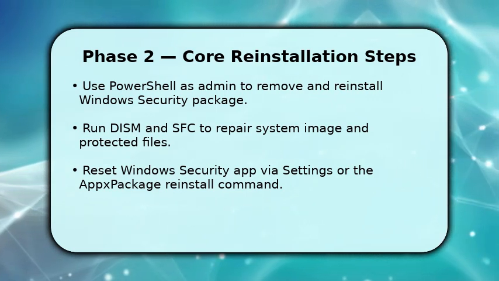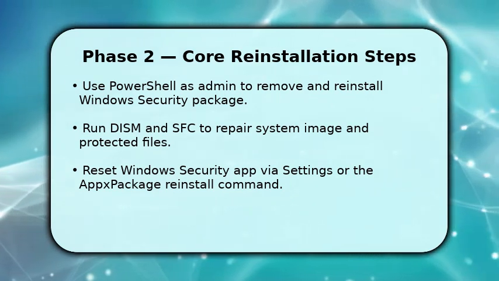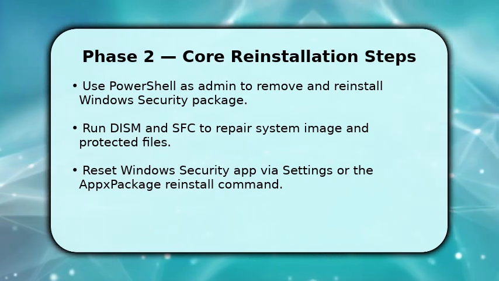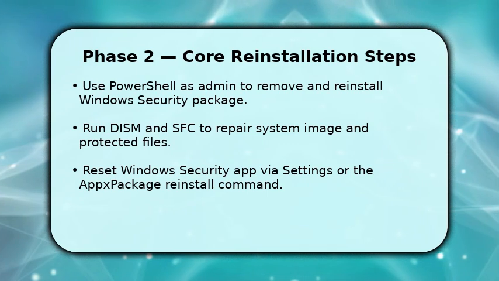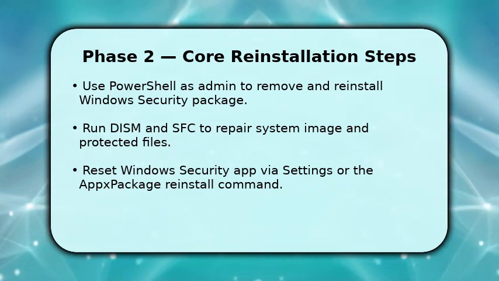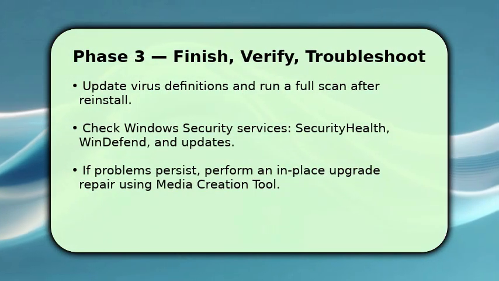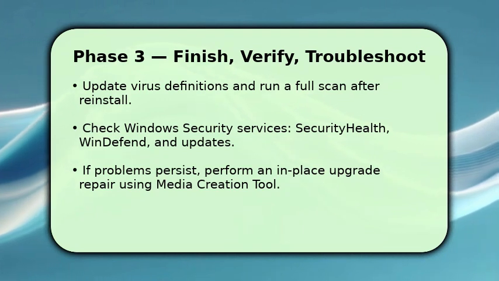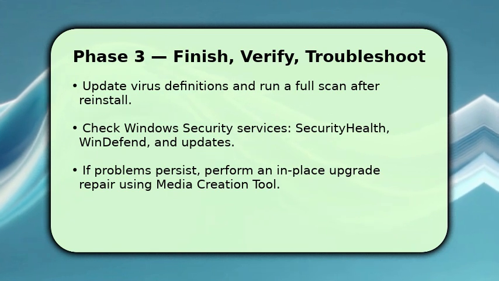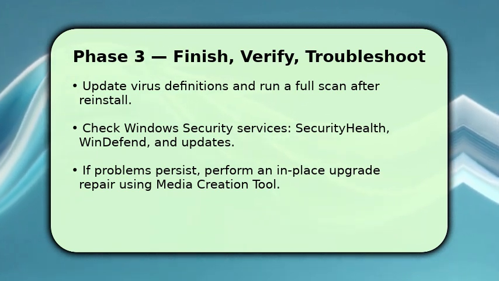Once those complete, reset the Windows Security app in Settings or re-register app packages so definitions and UI return to normal. You finish by updating virus definitions and running a full scan to confirm protection is active. This validates reinstall success. Then verify services like Security Health and WinDefend are running, and check Windows Update for any